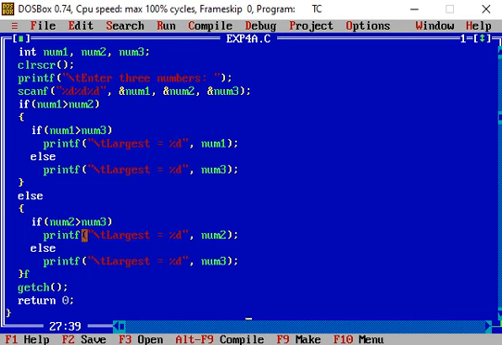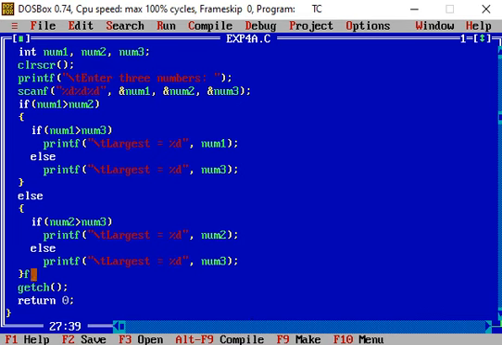So if num2 is greater than num3, then print "largest equals %d", and the value of num2 gets printed; else print "largest equals %d", and the value of num3 is printed.